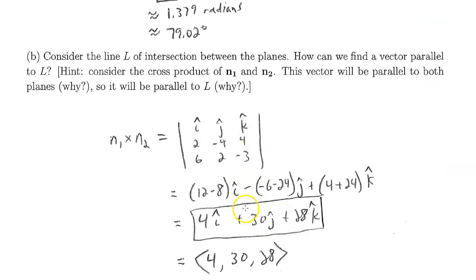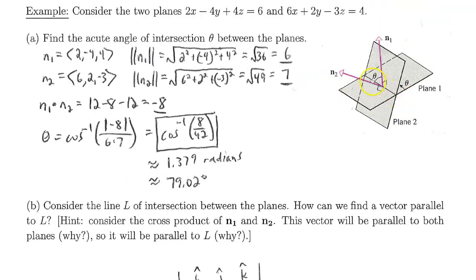Okay, one last thing in this video here. Consider the line L of intersection between these two planes. So this line right here. How can we find a vector that's parallel to that L? How can we find a vector that's in the direction of this line of intersection? Now notice if we took any vector, let's say a vector starting at this point and going along in this direction, it doesn't actually matter how long it is,